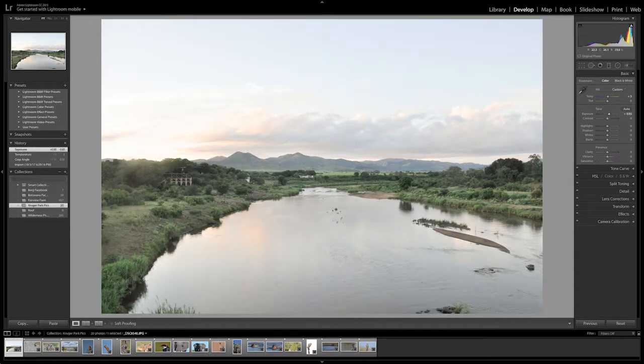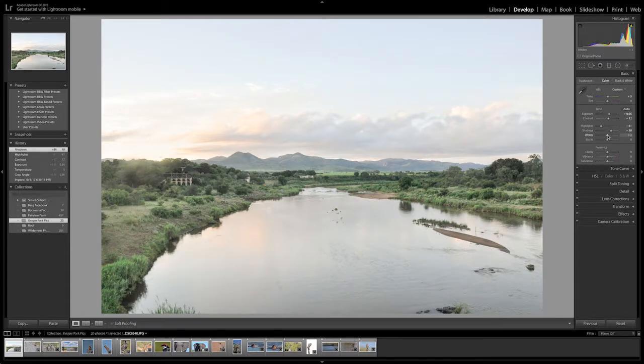Most of these I go on how I feel about the image and what I want. I look at the bottom here. I don't worry too much about the skies. We'll get to how I'm going to handle the skies just now. So we're just worried about the grass and the river in this photograph. So the highlights will bring back a tiny bit of detail, and the shadows will lift any darkness under these